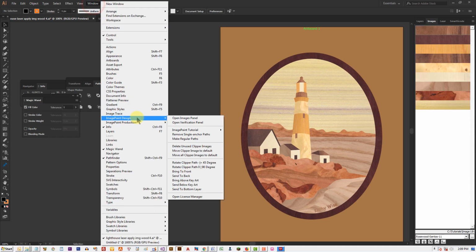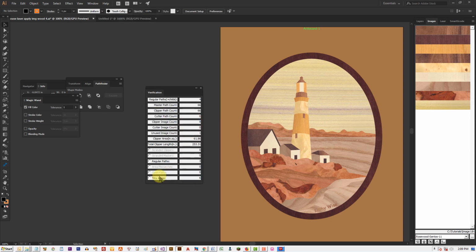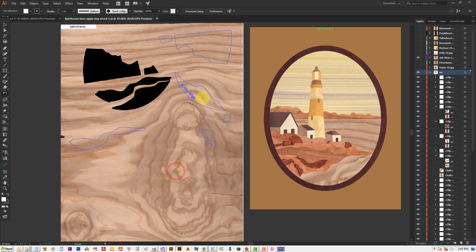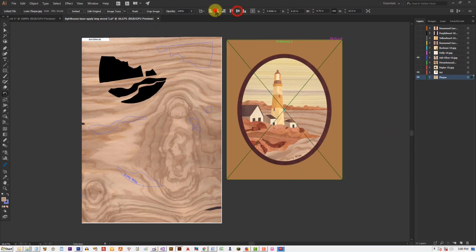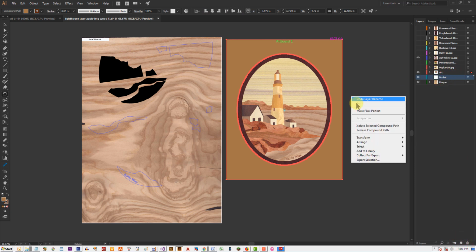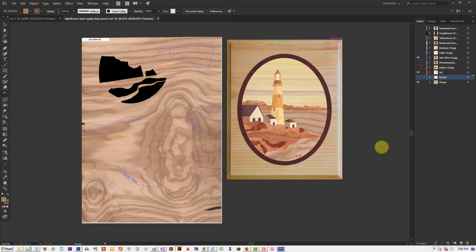Now I use the verification panel to verify the design one more time. There are still a few paths that do not have images applied. Looks like the foreground ocean waves need more work. Maybe adding a little more action to the waves since they are closer to shore. Now that looks better. To see how the final artwork looks, I photograph the wooden plaque and place it behind the design.